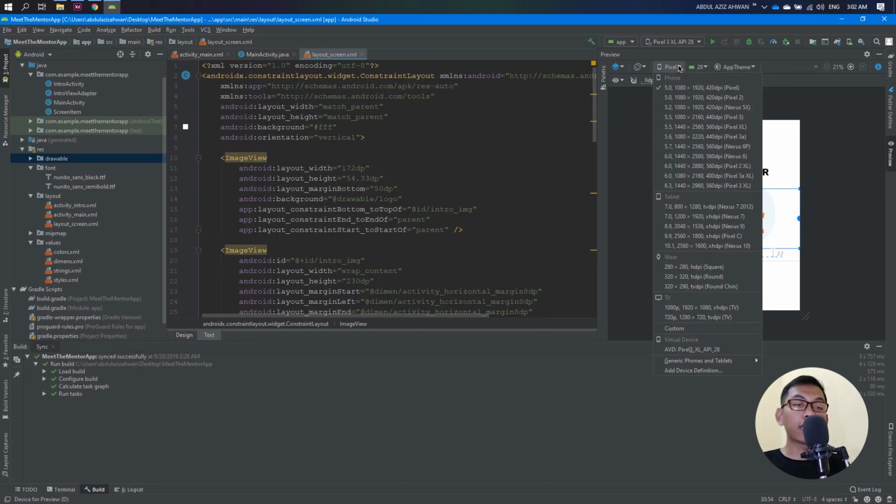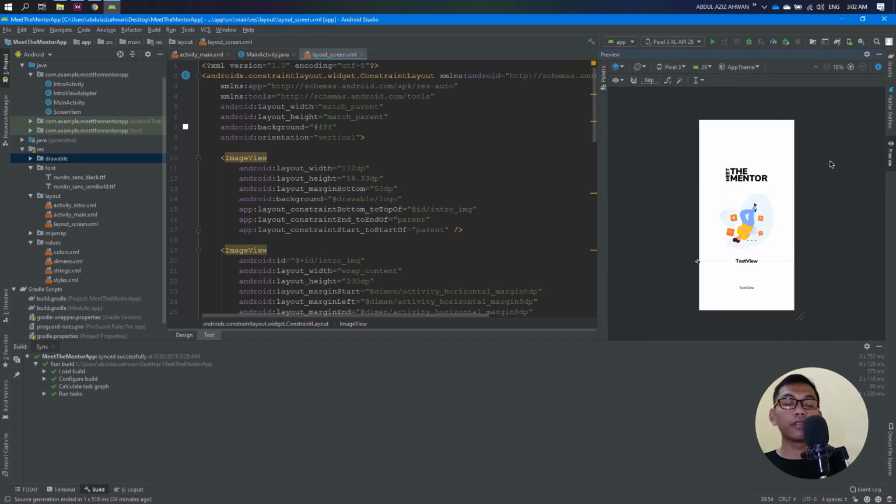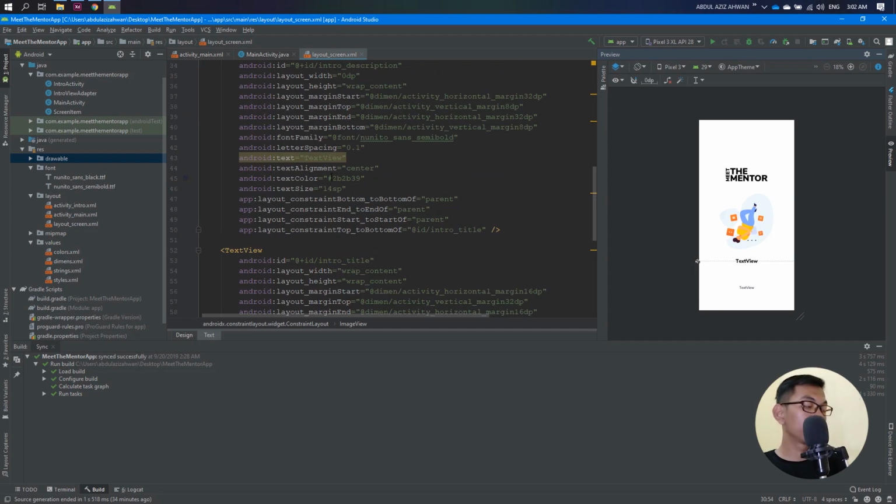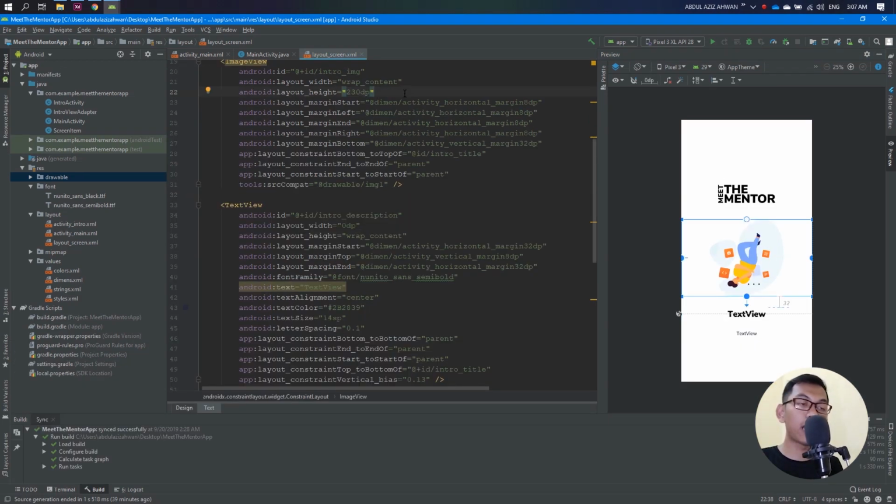So we can change to pixel, maybe pixel 3, awesome. Okay, now our layout screen would look like this,